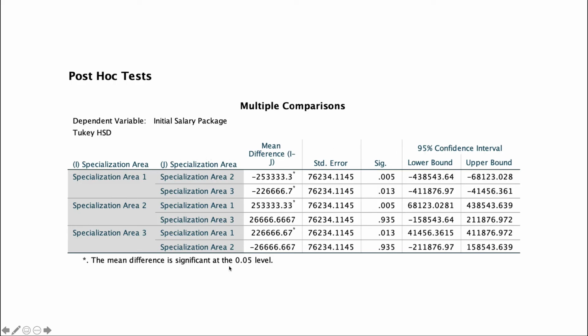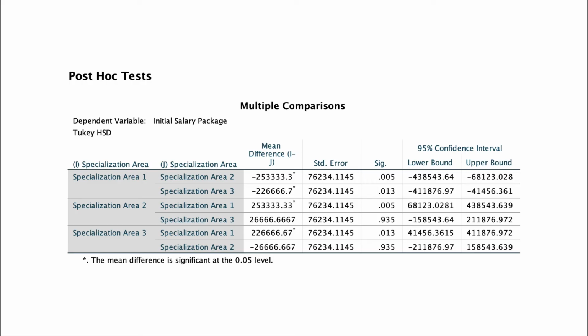If we check this table, we would find specialization area 1 is compared with 2 and 3, specialization area 2 is compared with 1 and 3, and 3 is compared with 1 and 2. Now against the mean differences, there are certain asterisk signs put against a few of the values which we have received over here.